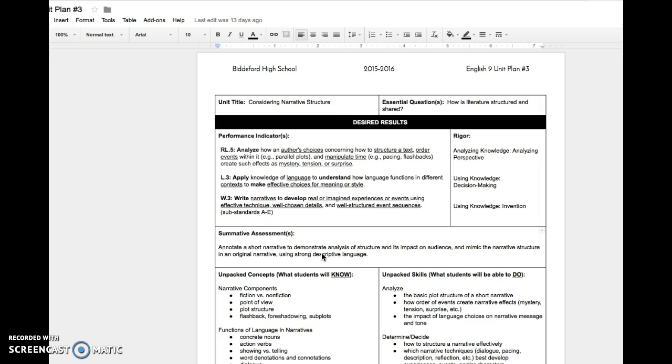class 2 weeks ago, just because I feel like when you see something all put together, it's easier for you to then break it down and apply the process of how it was made to your own process of planning your unit. So when thinking about your summative assessment and your rubrics, you're going to want to keep a couple